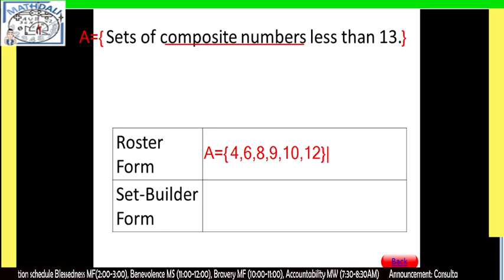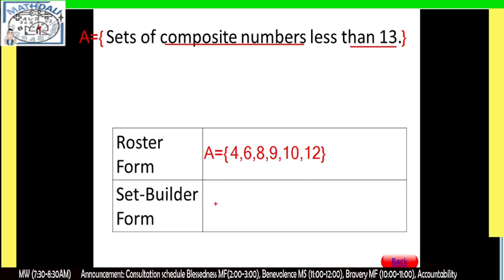That is because it is stated in the given set that the element must be a composite number and it should be less than 13. Take note, it must be less than 13. Only composite number that must be less than 13 are members in this given set.